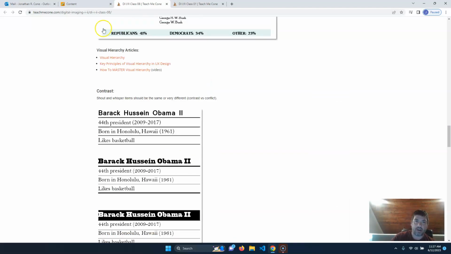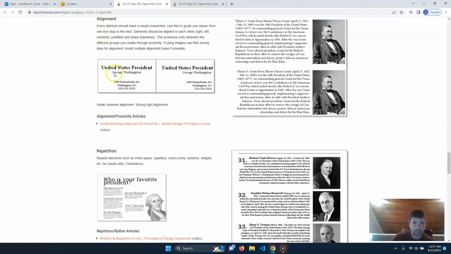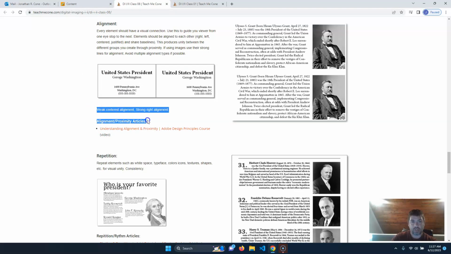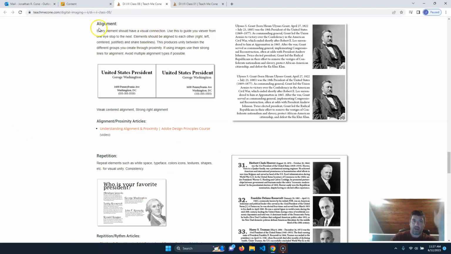If you look at my website in general, everything's got this left alignment going right down the line. Even though this is a separate piece of text, it gives it more strength and more connection to the next piece, and it also makes it easier for the person to read and to be organized. So using left or right alignment is much preferred over using